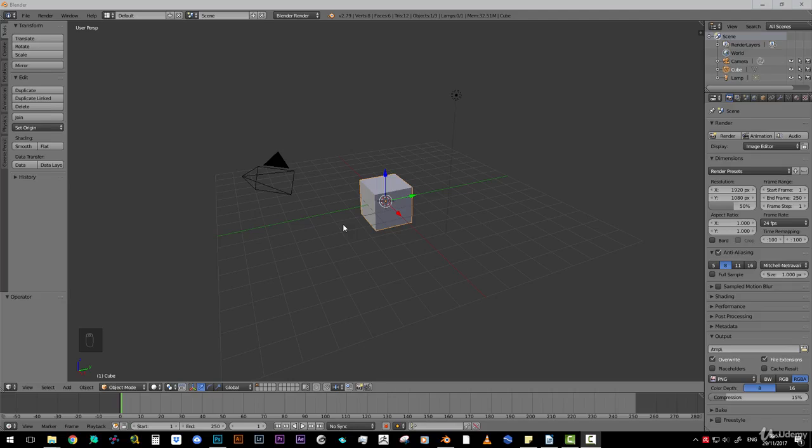Presentation of the interface of Blender. Here we have Blender just after install, by default settings and factory settings, and we open it and we have this. If it's the first time you open a 3D software, it can be a little confusing, a lot of buttons everywhere,